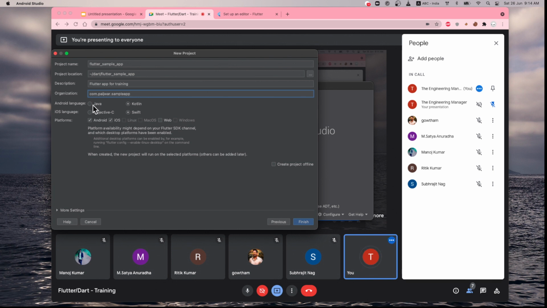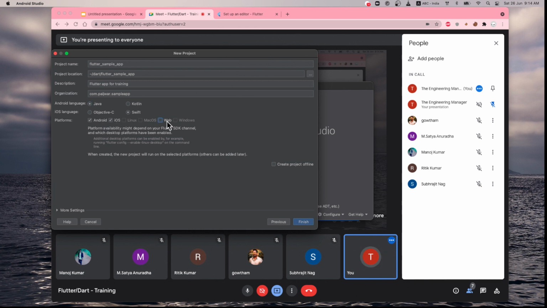Below you can see there are different language supports: Java, Kotlin, Objective C, Swift. I want to use Java, and in iOS you can use whatever you are comfortable with, but our focus for this training is only on Flutter. So for the options, I'm just selecting Java here, Swift here, and Android and iOS are selected.